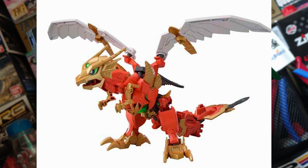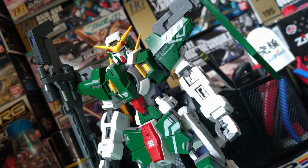So it's almost got me wondering, is this really going to be an SD Gundam? Or are they going to do the dragon mode and the Gundam mode as two separate kits so they can increase the quality of each one? I don't know, maybe it's still going to transform. I just think it's something to think about, seeing as they've been really trying to keep the mobile suit mode under wraps. Now this probably isn't directly Build Divers Re-Rise related. It was announced along with the other kits there, so I gotta mention it here